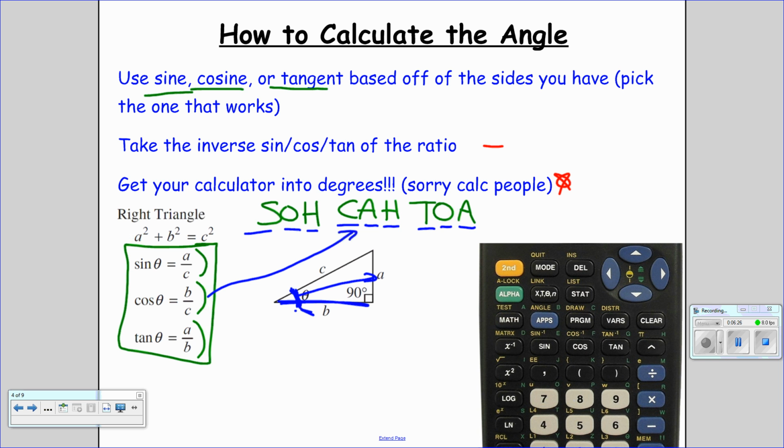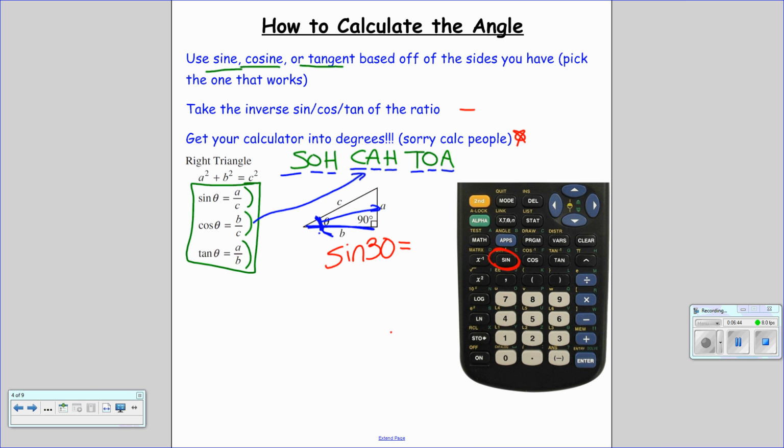I want you to get your calculator into degrees. Okay, now you may already be in degrees. If you type sine of 30 into your calculator, so in your calculator, you're going to hit the sine button. That's this one right here. And then 3, 0, equals. You should get 0.5 if you're in degrees. If you do not get 0.5, if you get like negative 0.9, something, something, something, that means that you are